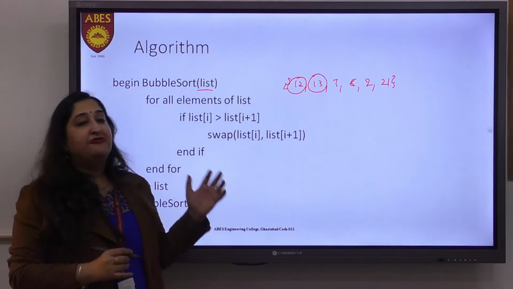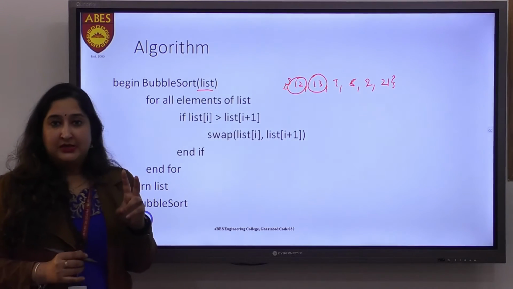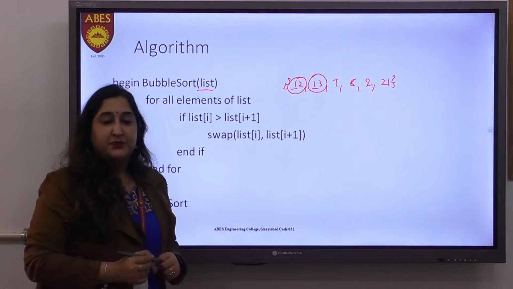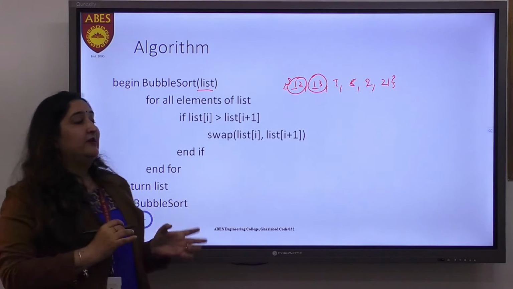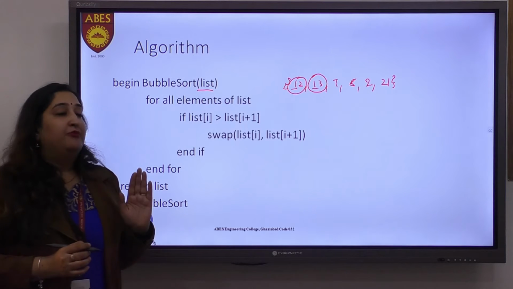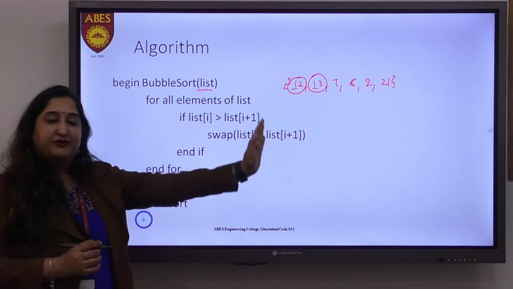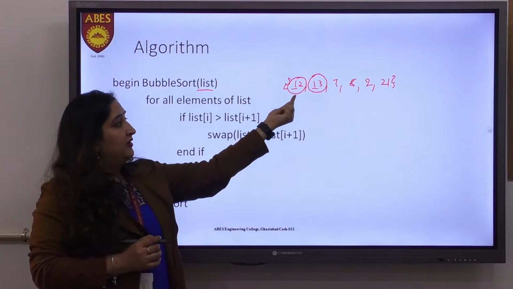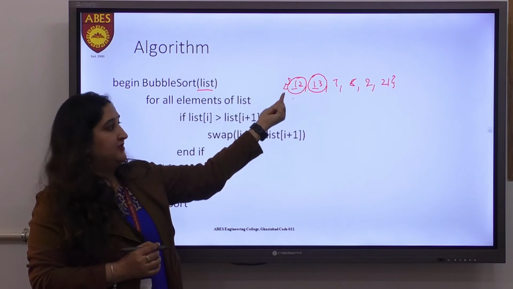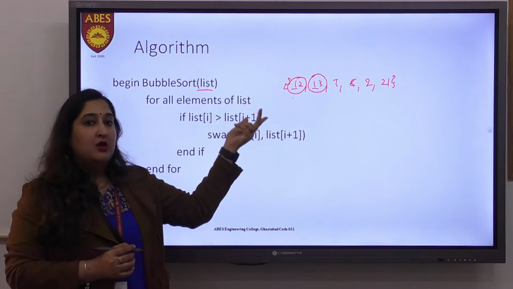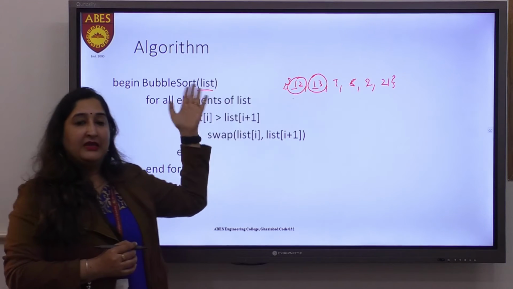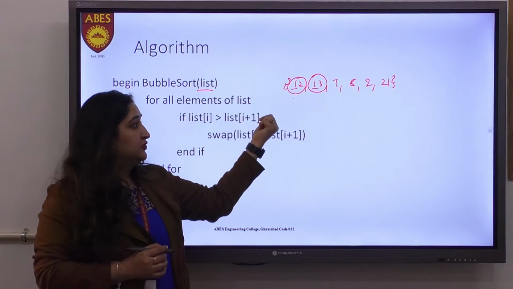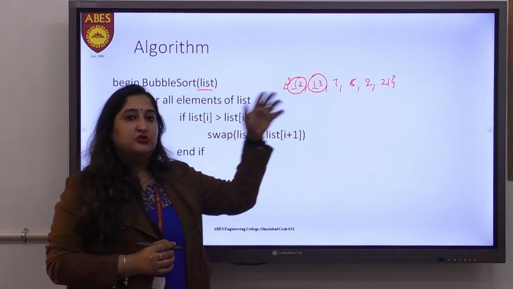That means at the very first time I have only two bubbles, and the values in those bubbles are 12 and 13. I will check whether they are in the correct order. If I am putting the largest element at the end of the list, which is my case, then if the first number is greater than the second number, we will swap them. Otherwise they are in the correct order. In ascending order, 12 should always come before 13. So they are in correct order, and we will do nothing.